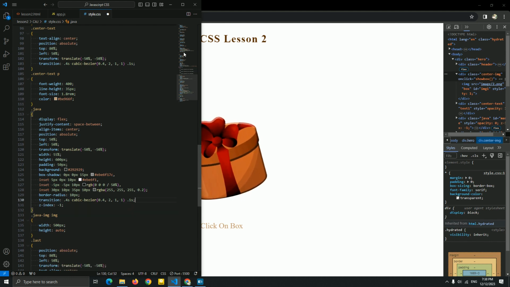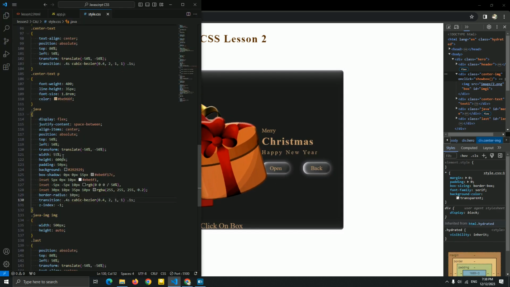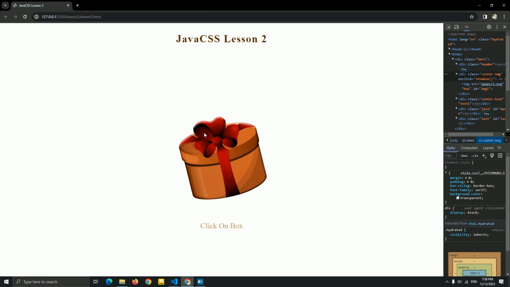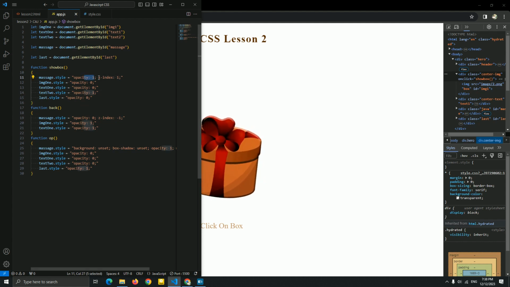see it. Okay, so I'm gonna add here, guys, minus 120%. As you can see, it's up now, and when I click on the box, I want it to come from the top to the center. So instead of opacity, let me just show you.